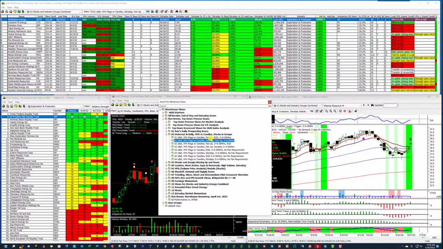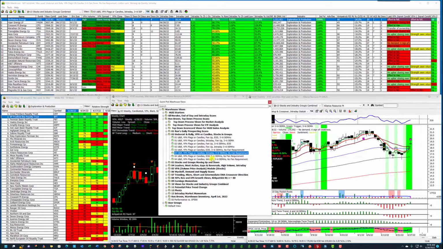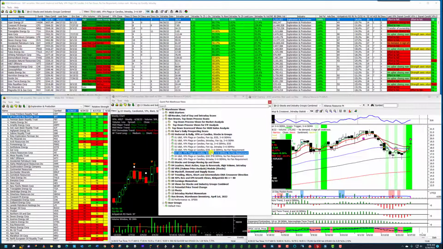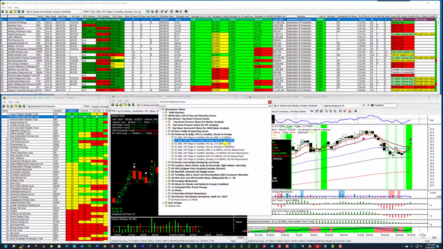Now I have a fan up with a 3 under the 6. I have fan up with a 3 greater than the 6, and these are 3 below 6 with no fan requirement, and these are 3 greater than 6 with no fan requirement. So this is going to open up a lot of stocks. See this? 681 stocks now by not requiring a fan. And let's look at the 3-6 crossover. Even more stocks, 782. So if you're looking for the strongest stocks, just concentrate on the stocks with the fan up,